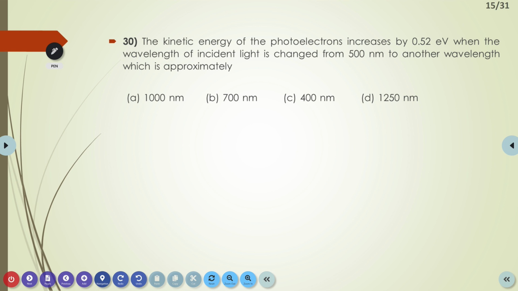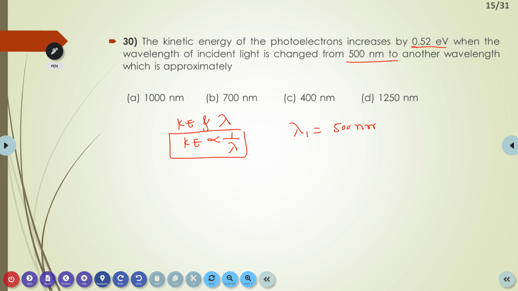The kinetic energy of the photoelectrons increases by 0.52 electron volt when the wavelength of the incident light is changed from 500 nanometer to another wavelength. We can do it quickly here. How are kinetic energy and lambda proportional? Inversely proportional. Kinetic energy is directly proportional to 1 divided by lambda. Here lambda 1 equals